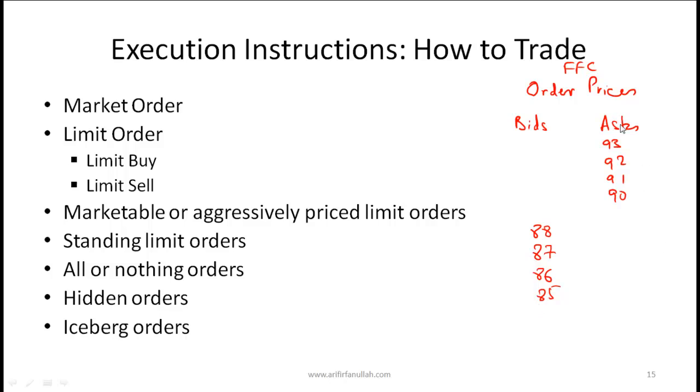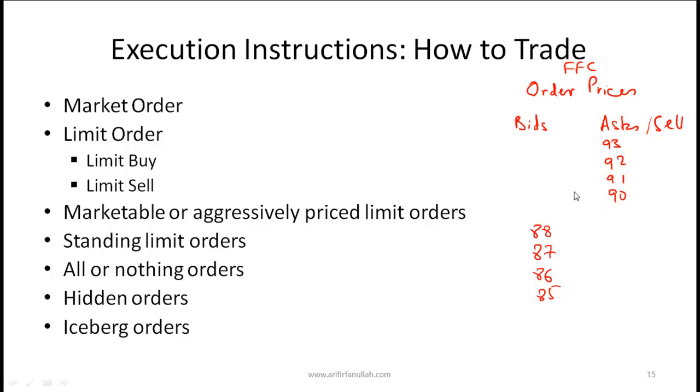On the right we see the ask. Ask is how much the traders are asking for, or in other words, how much they will sell FFC shares for. One trader is willing to sell FFC shares for 90, another will sell for 91, and so on. Now, a limit order book could also specify the amounts, but for simplicity, I'm not showing that information here.